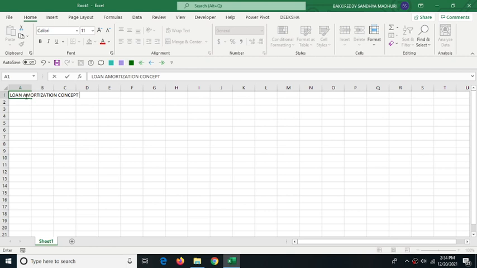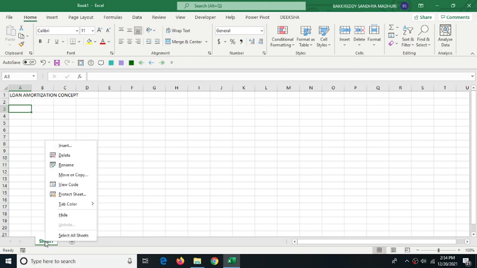Okay. So for this loan amortization in Excel, we have one template. The template will give full details of your loan. To get that template, first right click on any sheet name or sheet tab, click on insert.